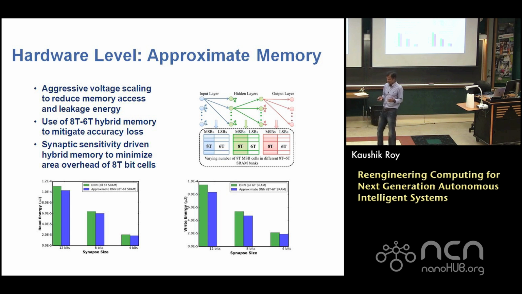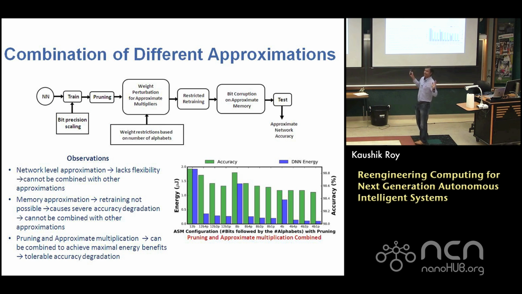You might also ask, are there other kinds of approximations possible? Certainly, you can get rid of connections in your network, and that is called pruning. By getting rid of some of those connections, it shouldn't really be random. It has to have a methodology to that madness. If I do that properly, you can get rid of a lot of connections from the network, get a much sparser network, and along with those other approximations, get a good amount of improvement in energy consumption.